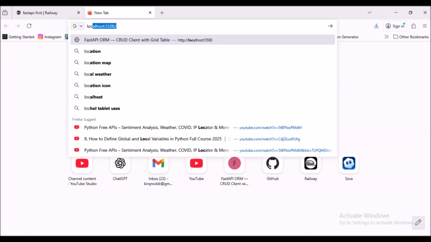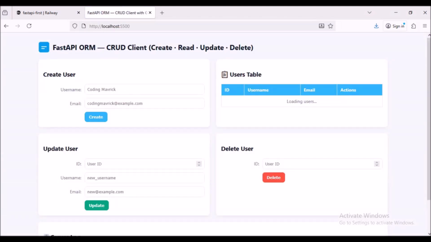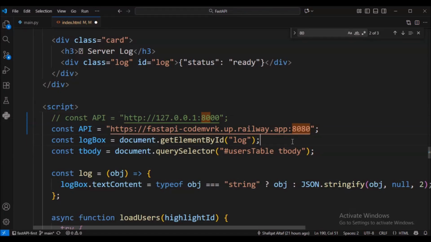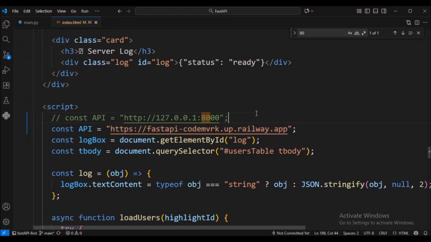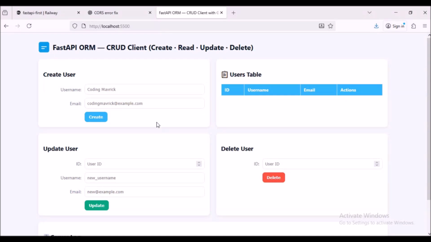But viewers, you can see in our front end app there is nothing loaded. So there is an issue. You have to take care about it, that do not use the port 8080 for Railway Cloud, as Railway Cloud decides itself which port it would use. So remove the port from API URL and again restart the web server.